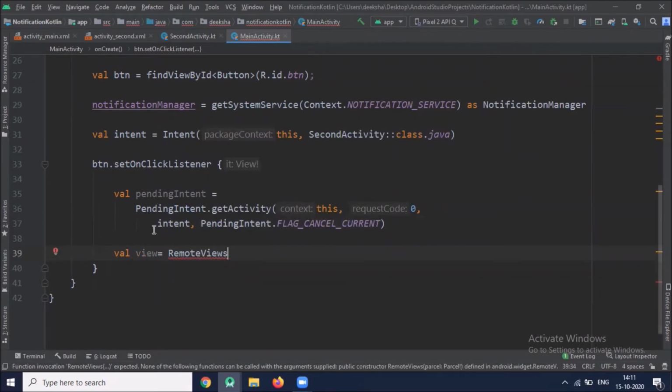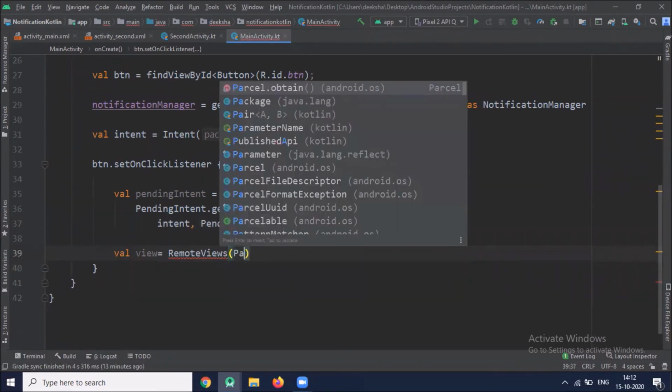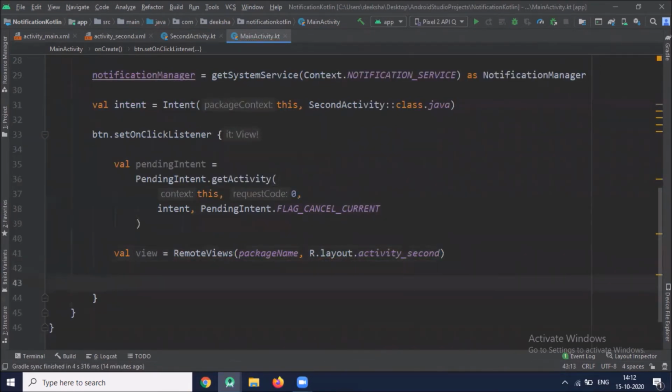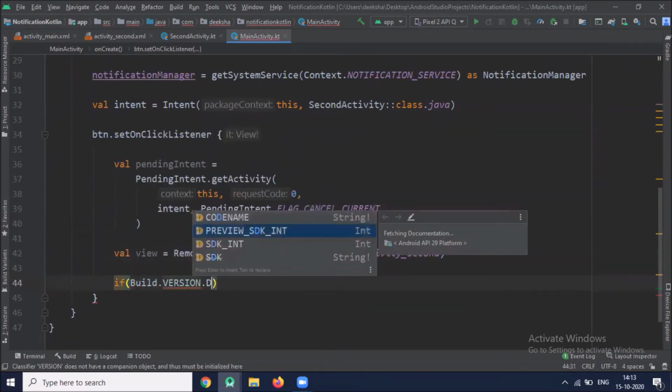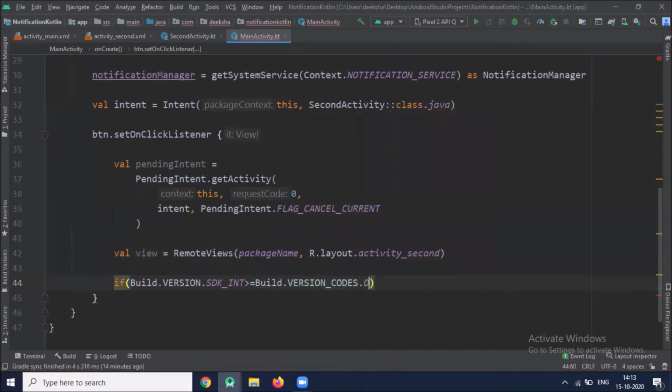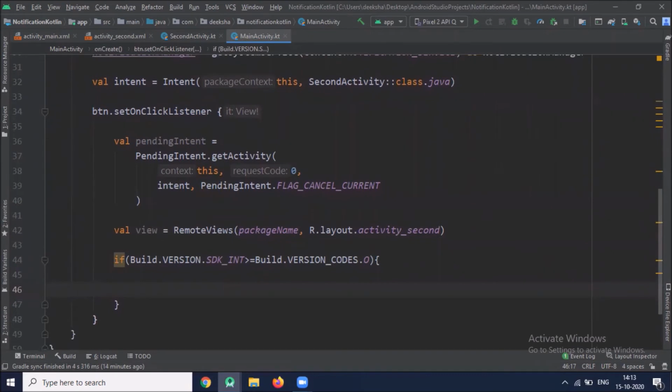Here we use remote views, and this remote views are used to use the content of some different layout apart from the current activity layout. Here we pass our package name and our second activity layout. Now we will check condition for the API 26. If our Android version is greater than API 26, or you can say Oreo,